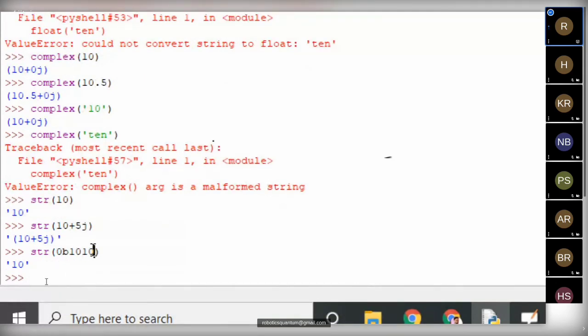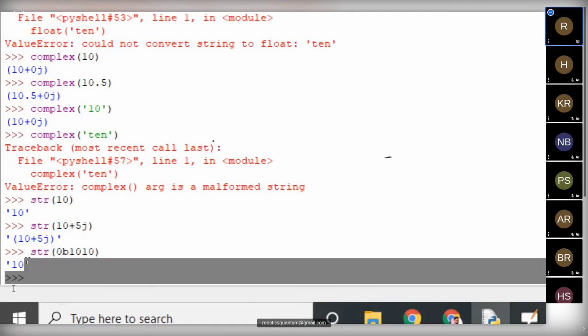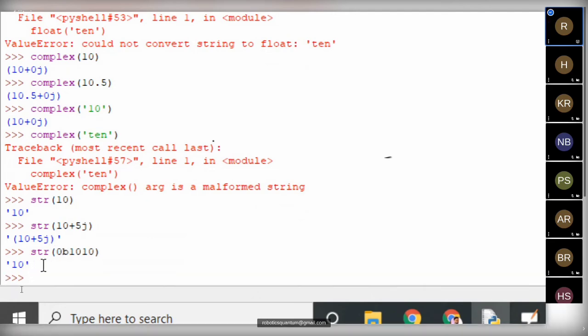See, the binary number is converted to an integer, then the integer will be converted to a string. As you know, 0b1010 means 10 is an integer value. It shows that value as a string. So like this, we can convert other data types. This thing is called typecasting, converting one type of data to another type of data.